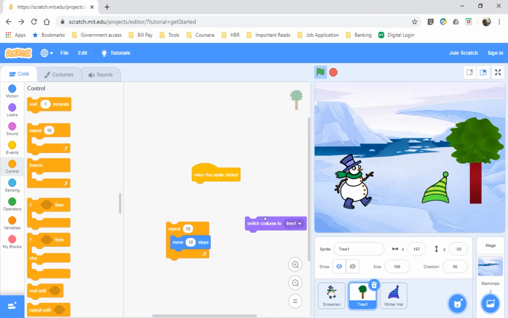Wait block. Make this 0.2. Yes, 0.2. Now attach this over here.